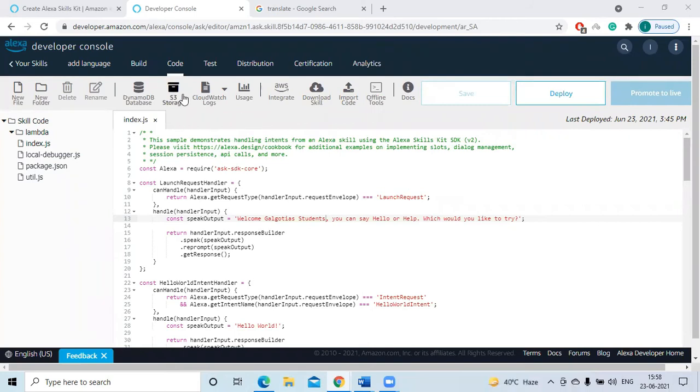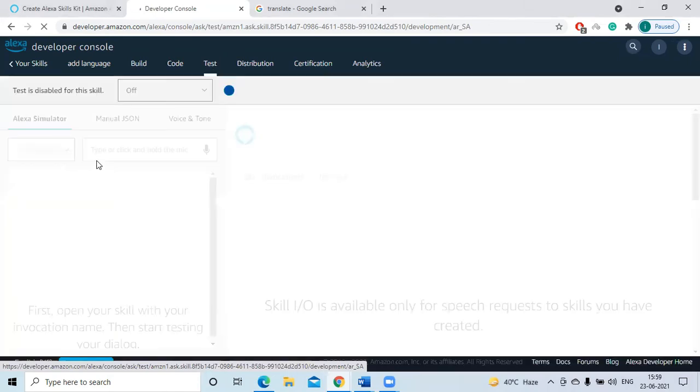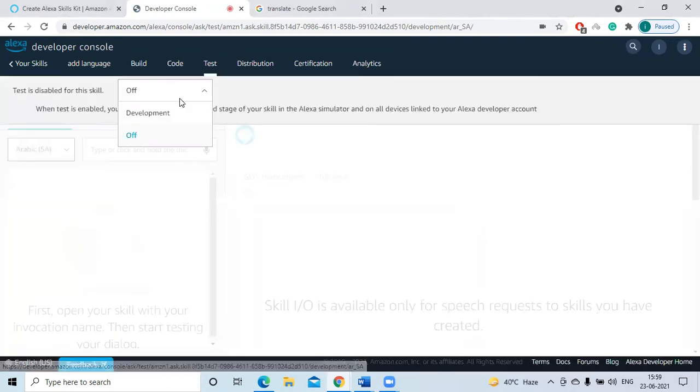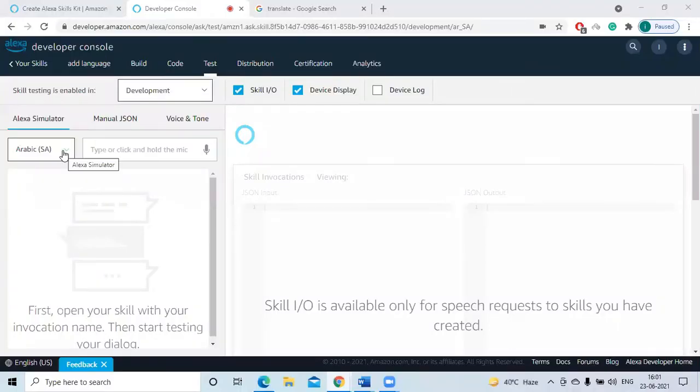Yes, we have deployed it. We'll go for testing. Go to development. So by default it is in Arabic. Now going to Indian English.